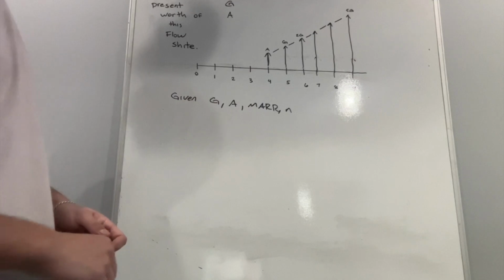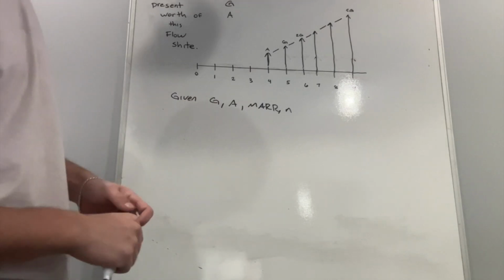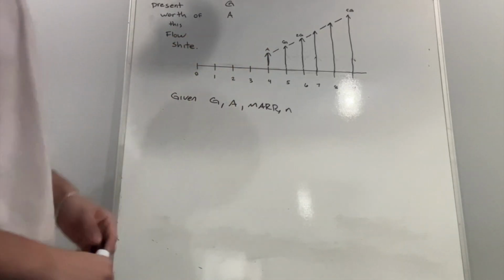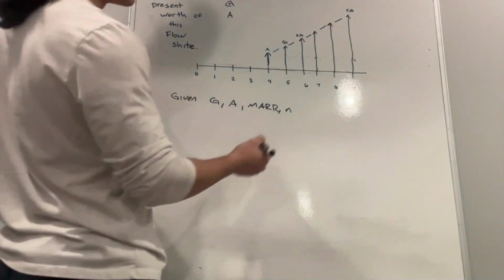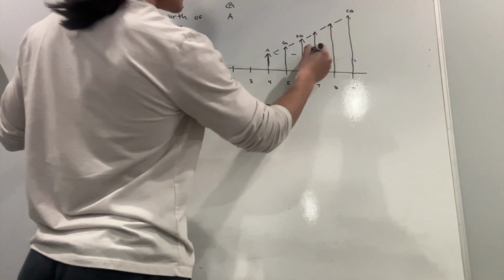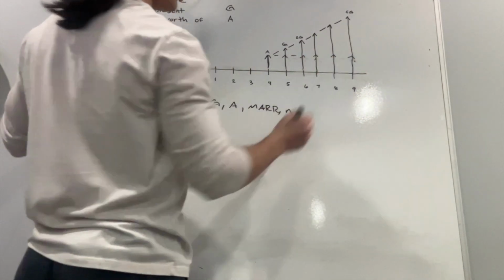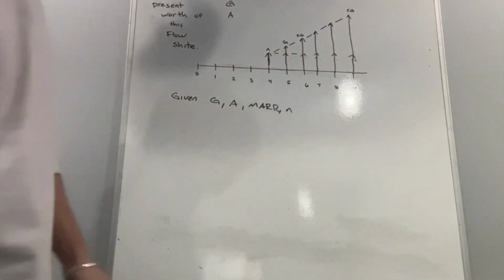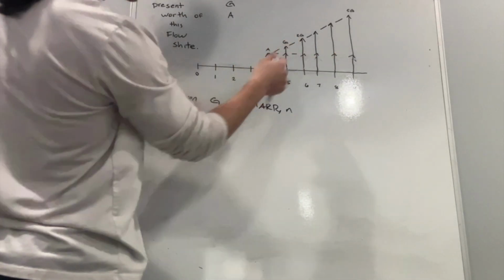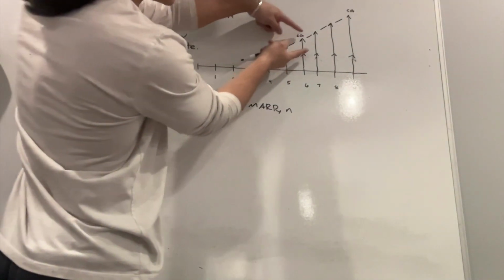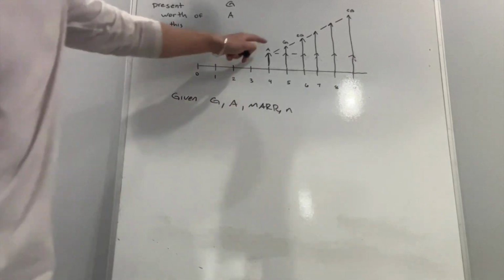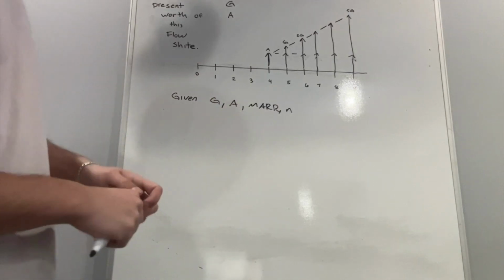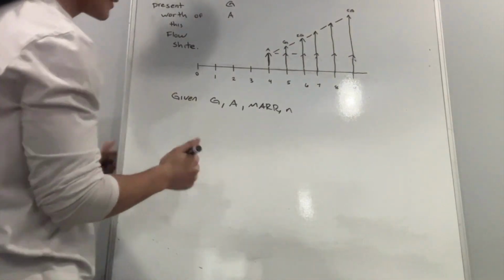So the fastest way you could do this one is just break it down and go through it all. Well, you can't do that if you're not given it, so we'll just do it the faster way. You could break this down into an annuity right here. So you have this A, and then the gradient, this is G, so this little segment right here is 0G, G, 2G, 3G, 4G, 5G. From that you can figure out which each of these are, and then you can solve P given F for this one, P given F for that one, but that's a lot of math. So you could just skip all that and just do, this is A, this is G, and then do one equation for